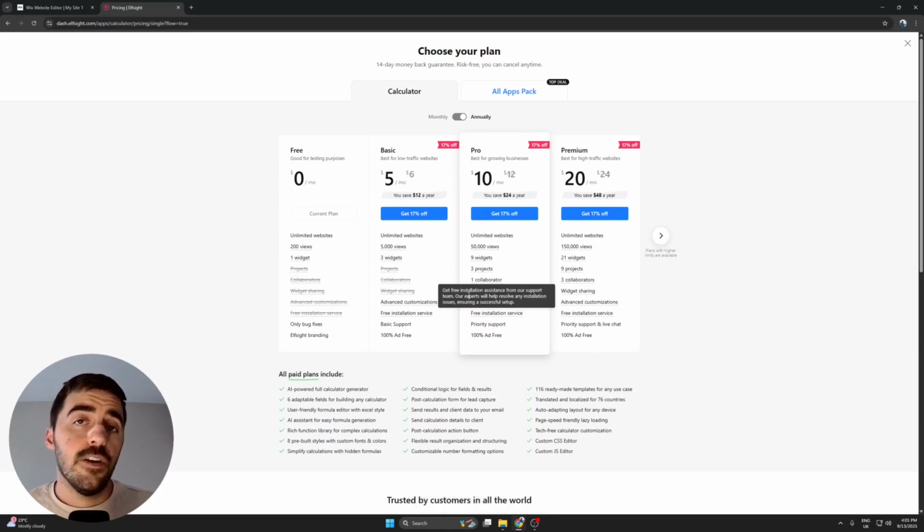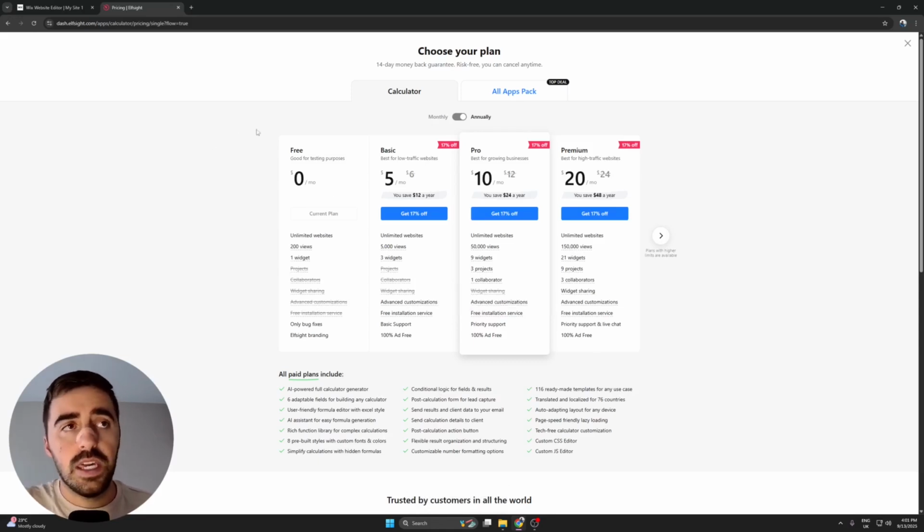Now, since this is the first widget that we're creating through Elfsight, we can actually go for this plan right here, which is completely free. As you can see, it supports up to one widget for up to 200 views. So if you're just getting started, that might be the perfect plan for you. Do know that it does come with some